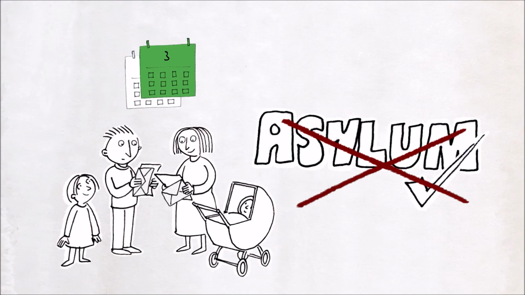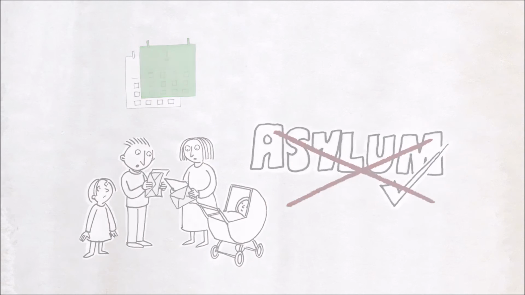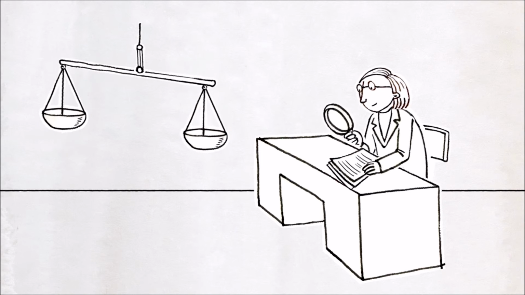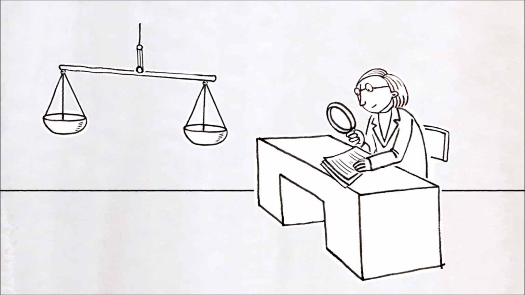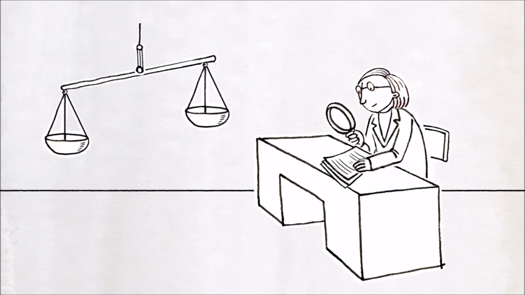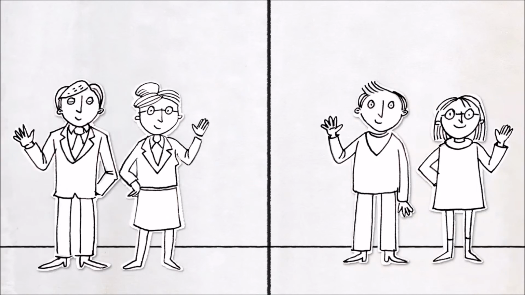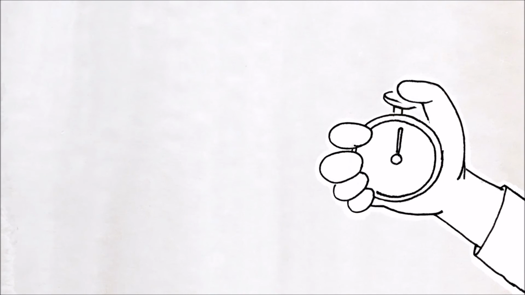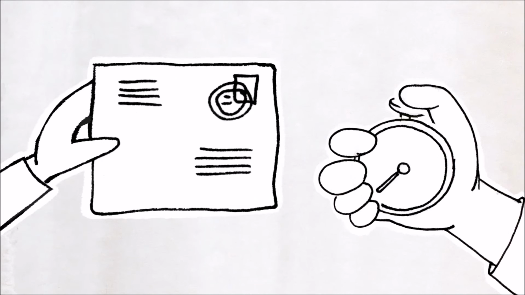If your application for asylum is rejected, or if you get subsidiary protection, and you believe that you should get full refugee status, you can appeal the decision with the Appeals Authority. The Appeals Authority will make a final decision on your claim. The Greek state is obliged to offer you the services of a lawyer in order to help you to appeal this decision. If a lawyer is not provided, ask at the Asylum Service so that you can benefit from free legal aid. The appeal must be submitted in the timeframe given in your written decision. Make sure you understand how long you have to appeal.